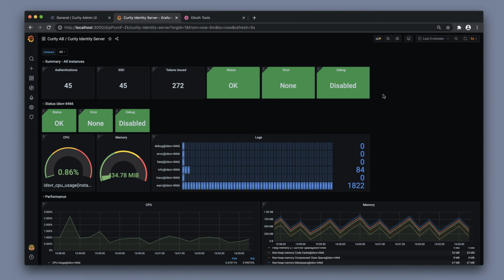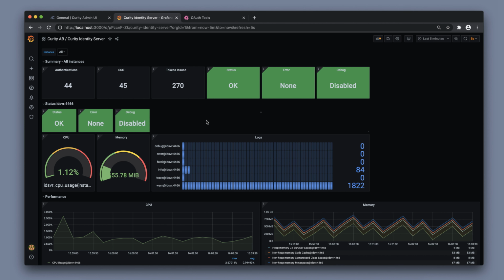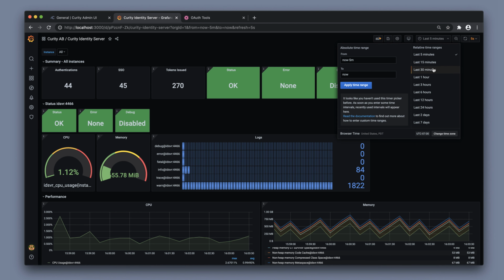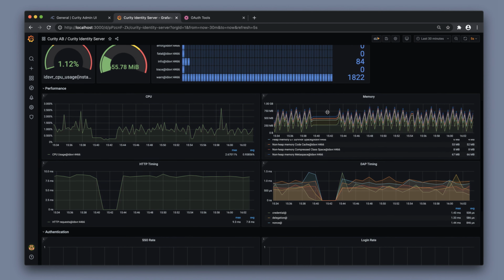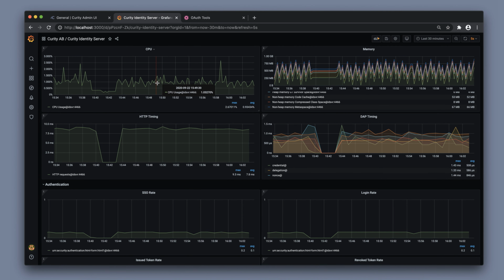The Curity Identity Server exposes Prometheus compliant metrics. Here the metrics are visualized using Grafana. We can see details on issued tokens, errors, if debug log entries are found. We can filter the data on last 30 minutes, last hour, and so forth. It also exposes CPU load,